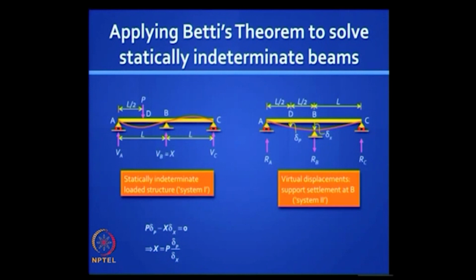Now you take the external virtual work caused by the forces in the second system with the displacement in the first system, and you will find that that product is 0, because there are only 3 forces here, Ra, Rb, Rc, but they refer to supports in system 1 and none of the supports are moving. So it is a beautiful equation. You end up discovering that x, the unknown x, is nothing but P into delta P by delta x,